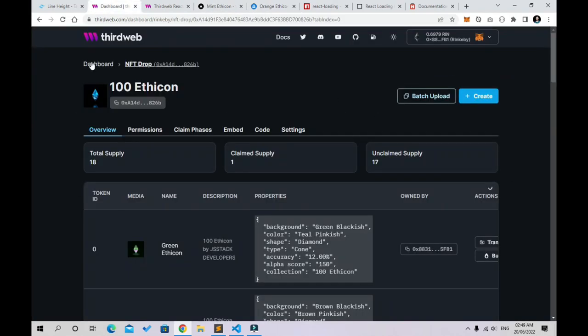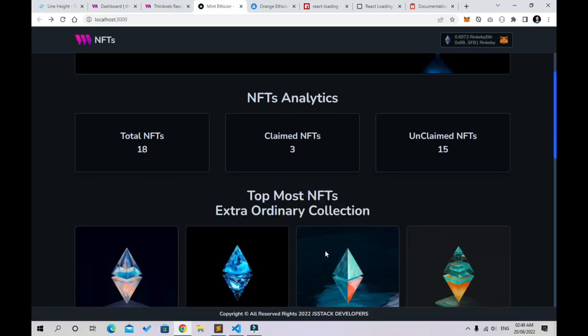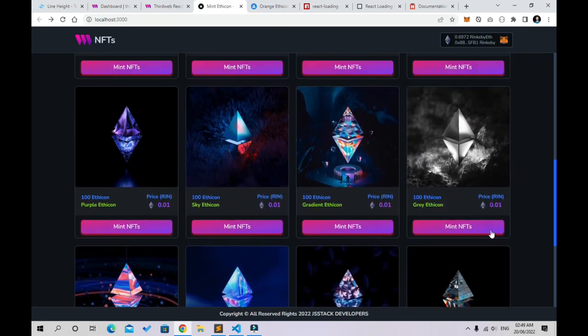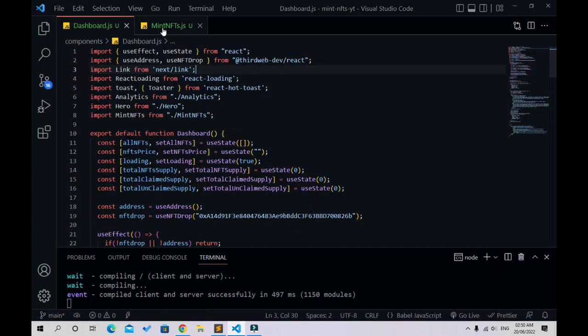If I go to the dashboard, there we should have claimed NFTs 3, unclaimed NFTs should be 15. And there we go. That's great. And it should be displayed. That's great. Our website is working fine. Now guys, let's add functionality for this button, view collection. Go to the